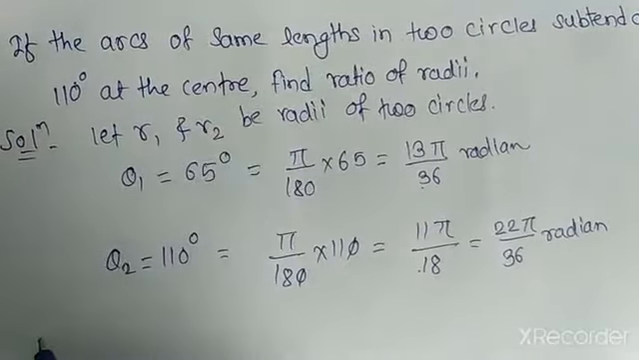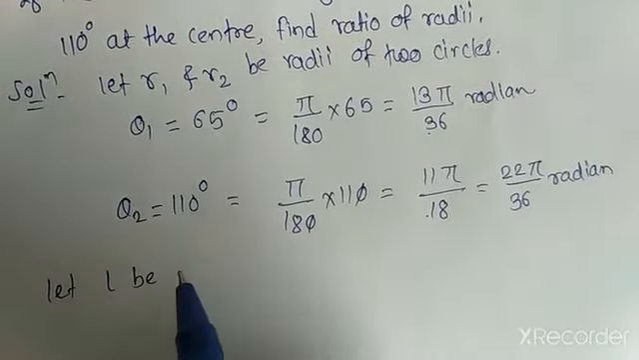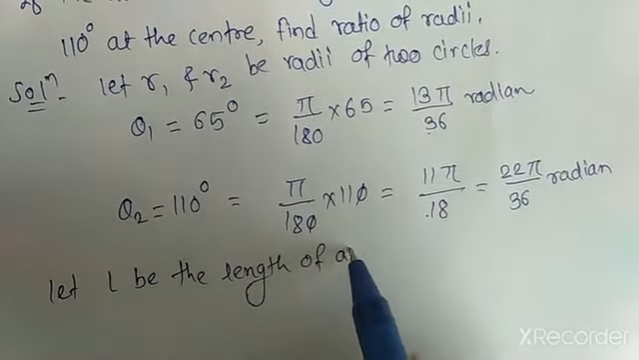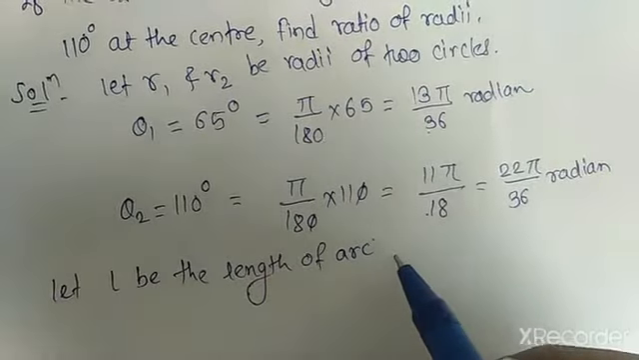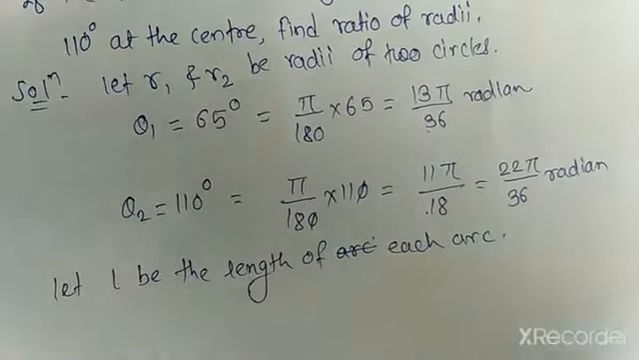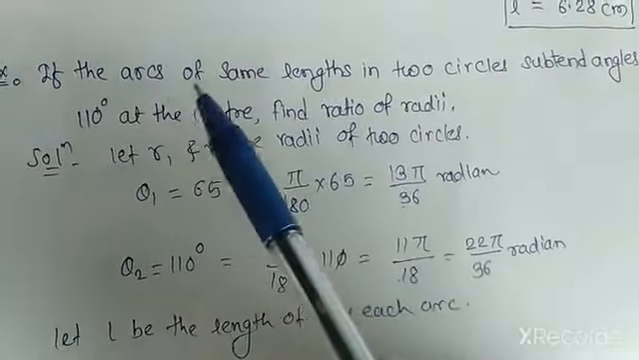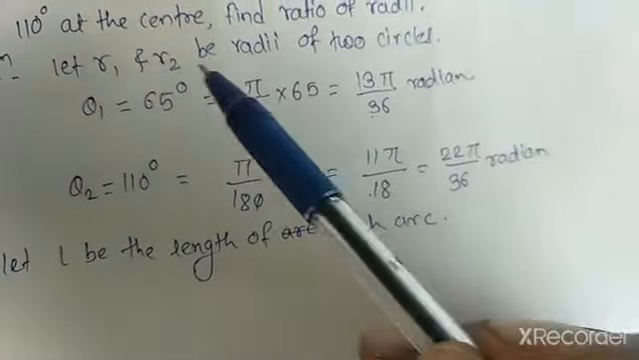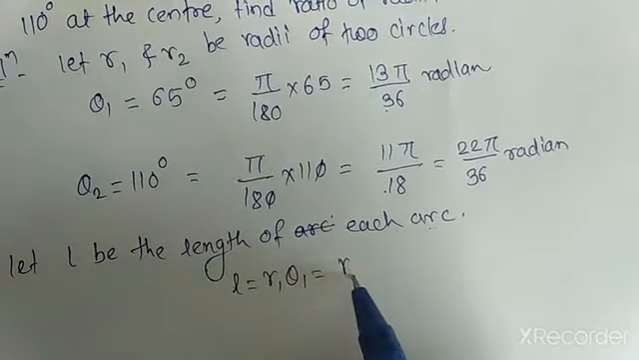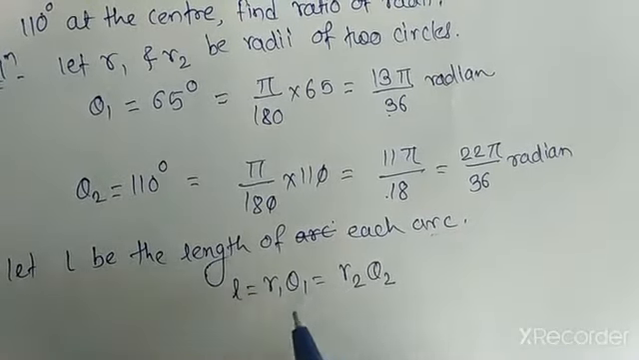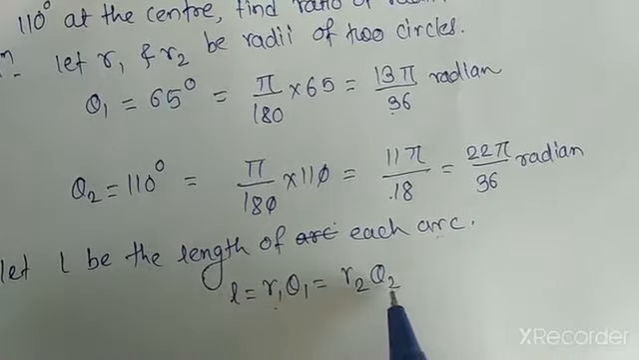Now let L be the length of each arc. Okay, and it is same. In the question it was given that the arc of the same length in two circles. So here arc is same for both of the circles. So L is equal to r1 theta 1 is equal to r2 theta 2. Okay, so we can write here L is same, so here only remain r1 theta 1 equal to r2 theta 2,